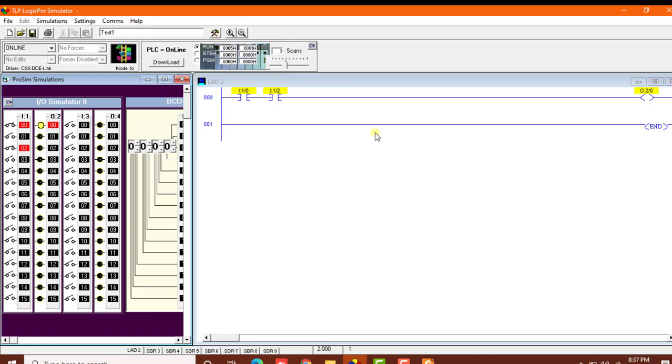Now the rest tasks are on you. I hope they will be very easy, and you'll get to learn more about this Logix Pro simulator. This is the same way that you perform labs on the actual simulator, and I hope that you'll complete the tasks in given time and try to understand this as much as possible.